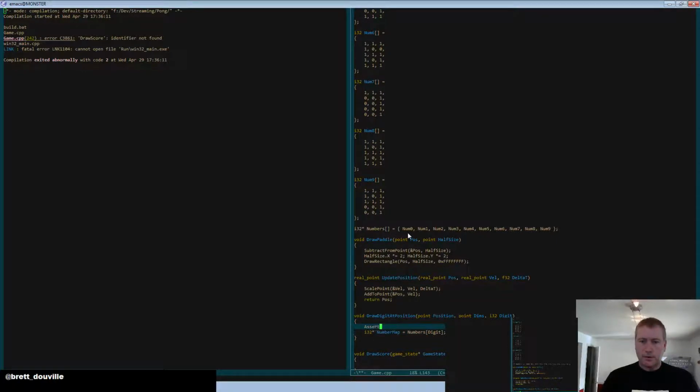We'll go ahead and put an assert in here, digit is less than or equal to 9, just going to go ahead and throw that in there. Okay. Y is less than 5. And then inside this I'm going to do